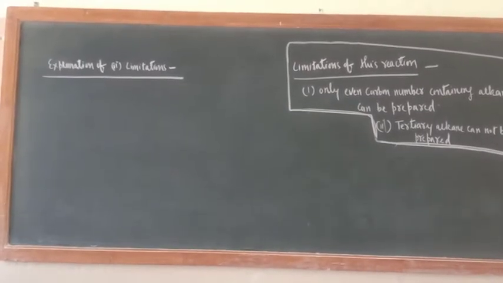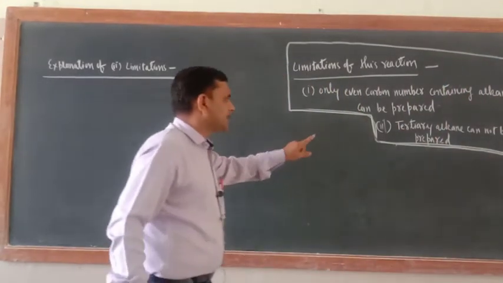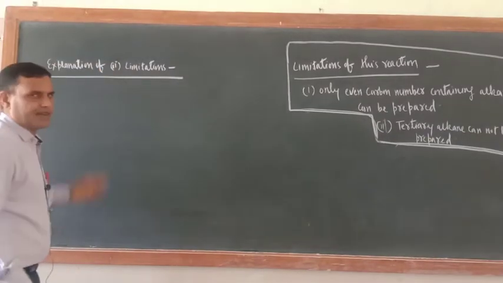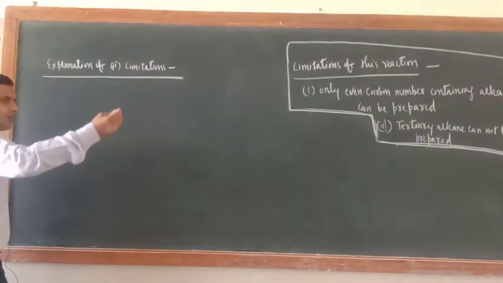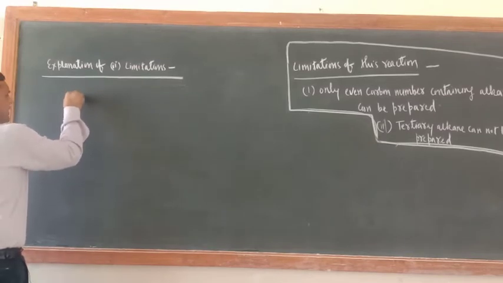Okay, so explanation of the second limitation. What is the second limitation? The second limitation is that a tertiary alkane cannot be prepared. Suppose you want to prepare a tertiary alkane, then you have to take a tertiary alkyl halide,